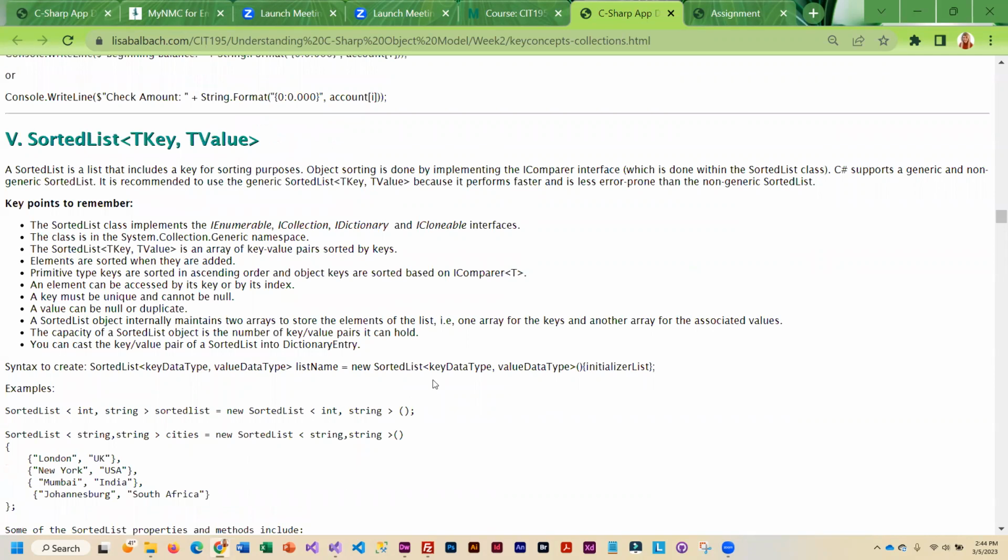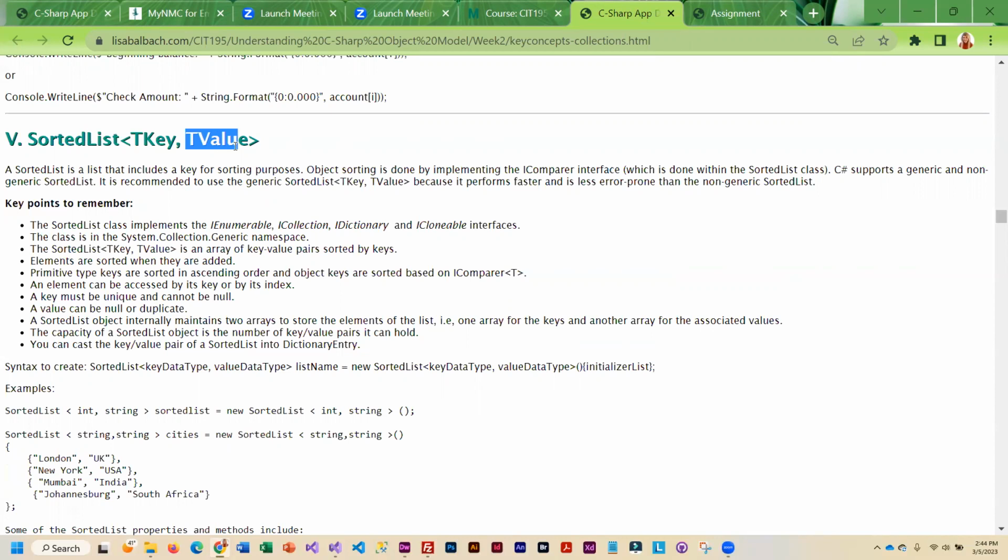And so that brings me to a sorted list. So we looked at the regular list. A sorted list is similar, but when you add items to the list, they are added in sorted order. So that list is maintained in the proper sort order. So what that means is that you cannot have duplicate keys. The keys have to be unique. Does not matter what the value is. The value can be duplicated if it needs to be, but the key is what's important, and that has to